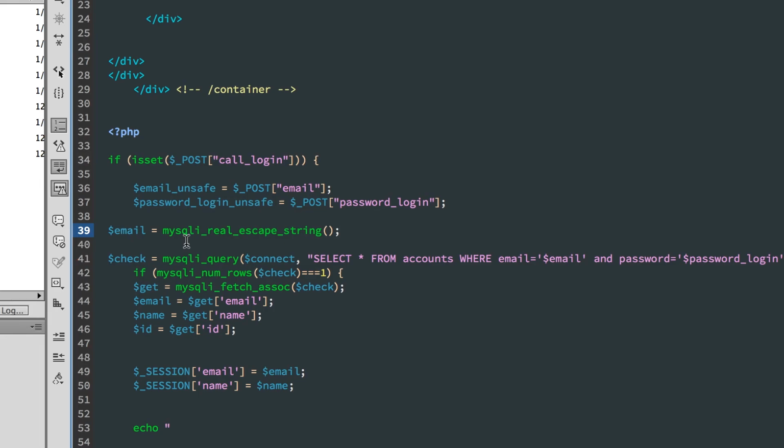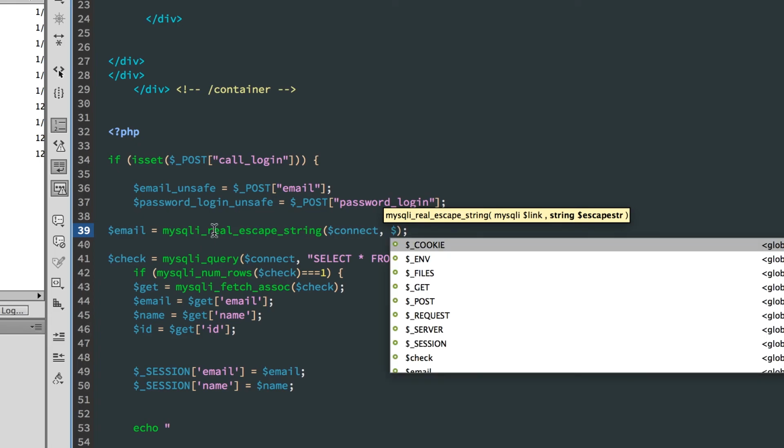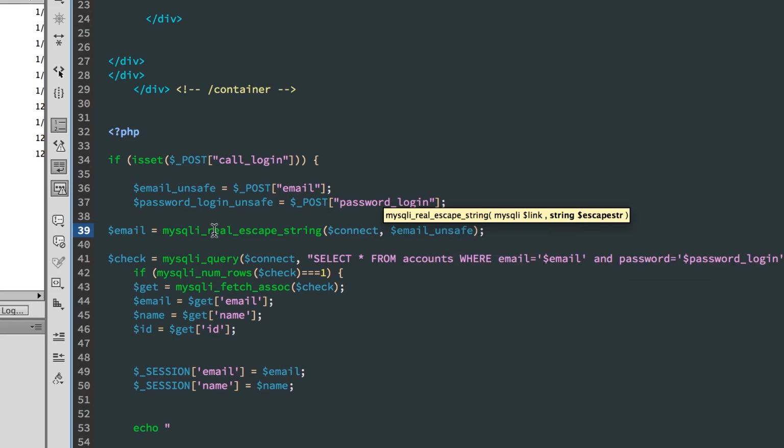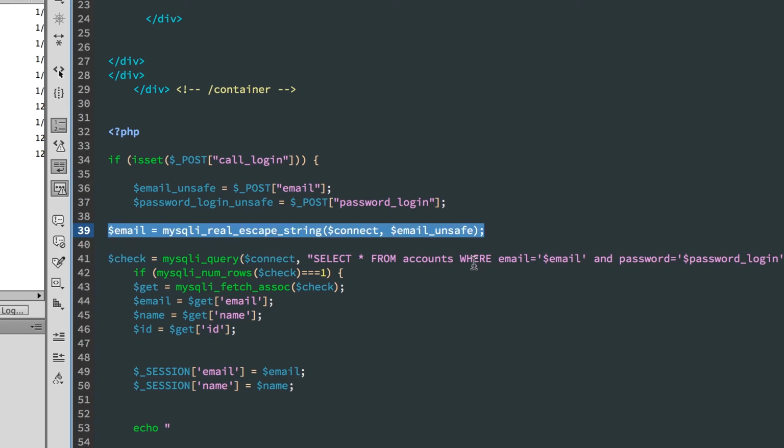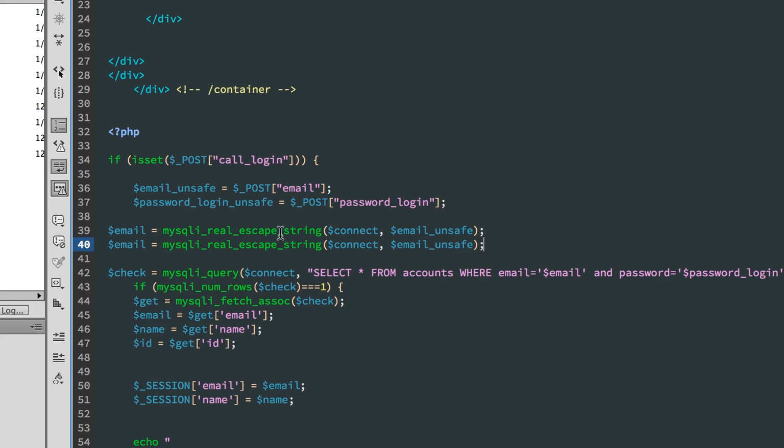which takes two parameters. One is the variable I use to connect to my database. Yours will most likely be different than mine. And the other one, we can pass in the email unsafe. Or we could just pass in that. But since we already have the variable prepared, we'll just use that one. So I'm going to do the same for password. And take the variable that we're using over here in the SQL statement. And passing in the parameter